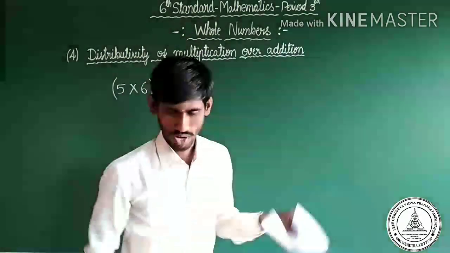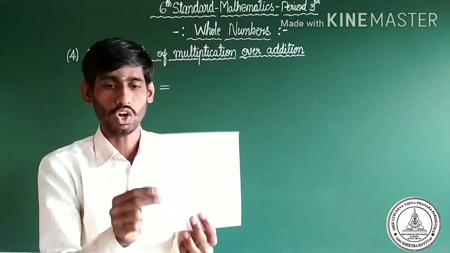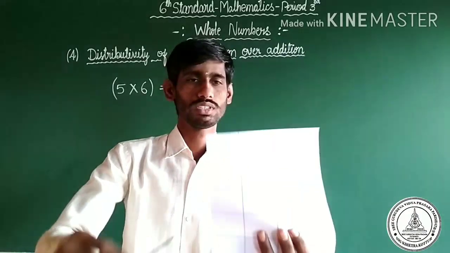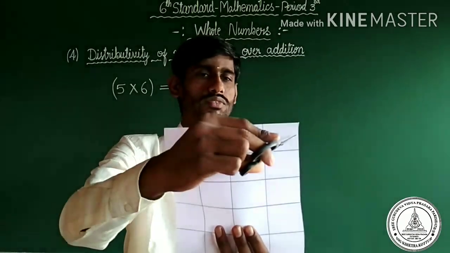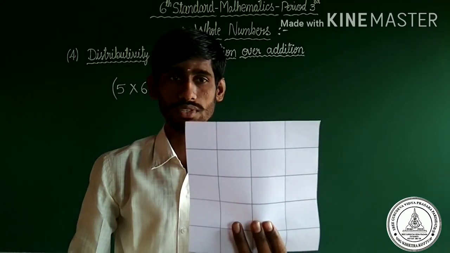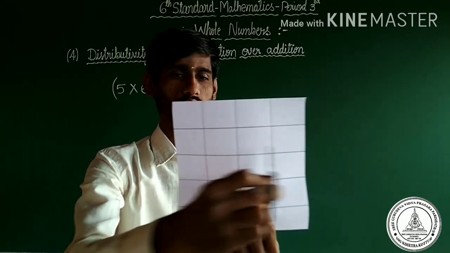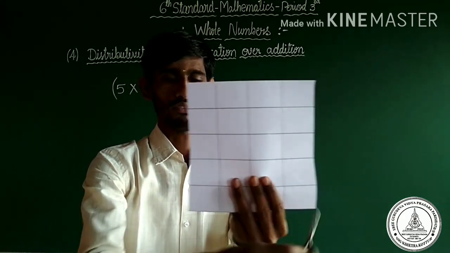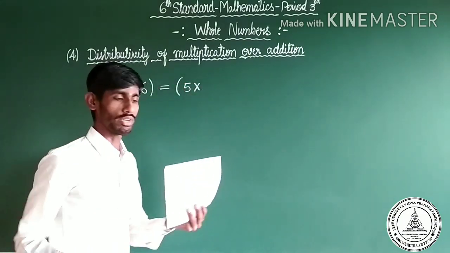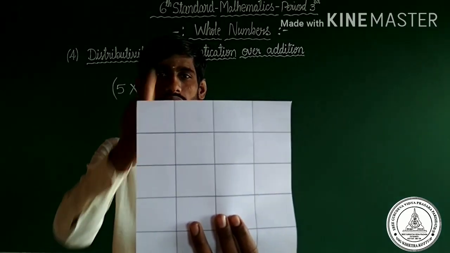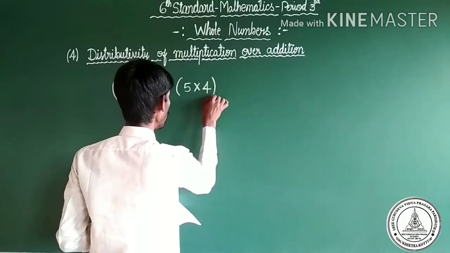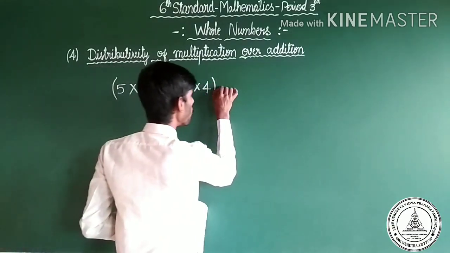Observe the first part. How many rows and how many columns are in the first part? There are 4 columns, 1, 2, 3, 4, and how many rows? 1, 2, 3, 4 and 5. There are 5 rows into 4 columns. It can be written in numerals as 5 into 4 plus